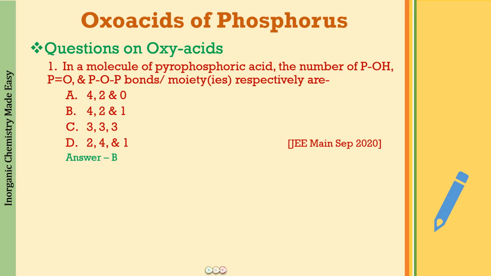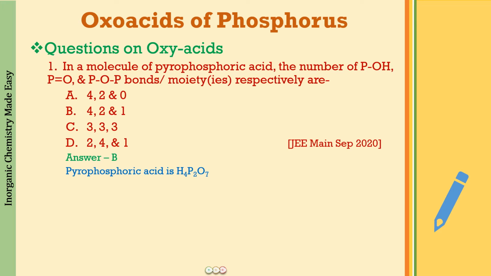So, how are we going to attempt this question? First of all, you should know what pyrophosphoric acid is, that is H4P2O7. In fact, how we are going to learn the formulas for all the oxo acids of phosphorus, we have done in our lecture where we learned with all the tricks. So one trick I'm giving you for pyrophosphoric acid.